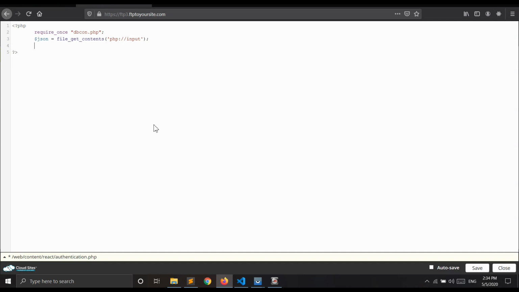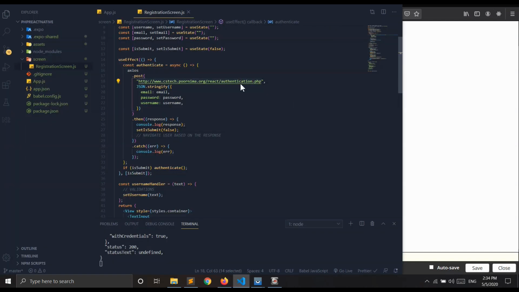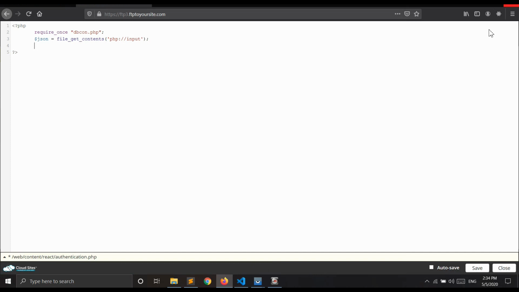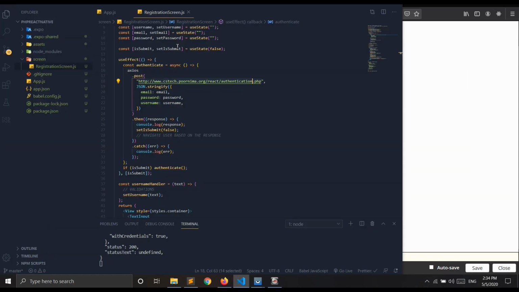And here this is my authentication file, so you can write the code here. From this function we get the JSON data which we receive from here.